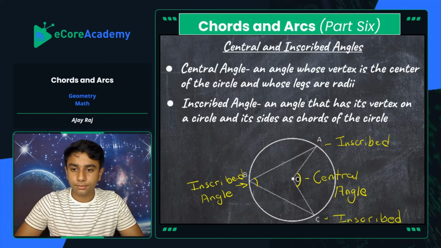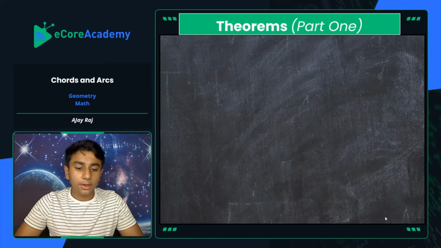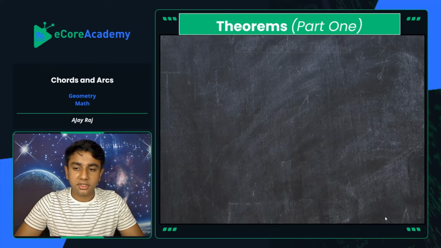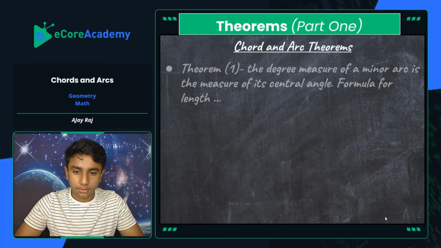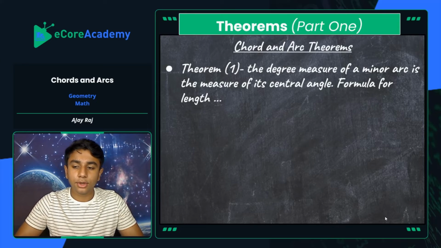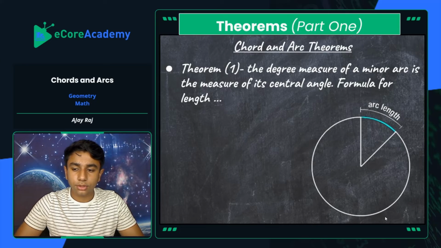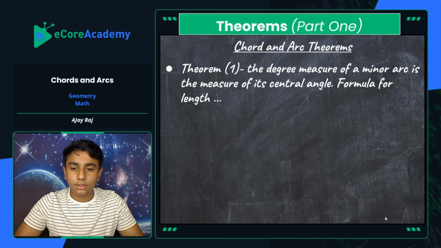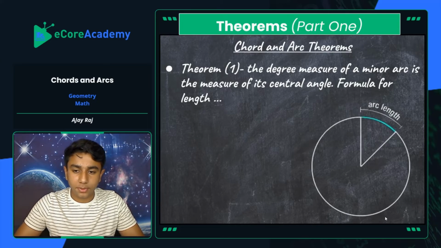There we go. Now let's look at the theorems that correlate these together. So this is theorems part 1, chord and arc theorems. Let's look at theorem number 1, and it states that the degree measure of a minor arc is the measure of its central angle, and the formula for length, which I will show you soon. Let me explain what I mean by the degree measure of a minor arc is the same measure